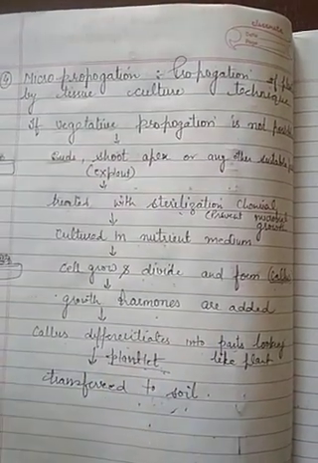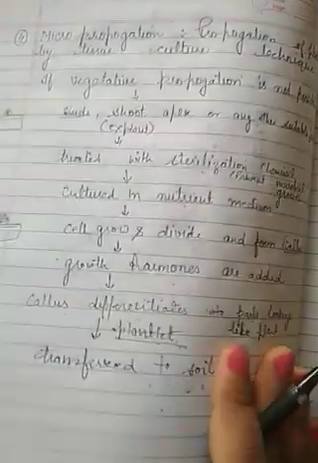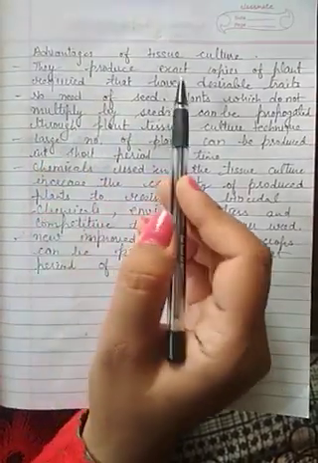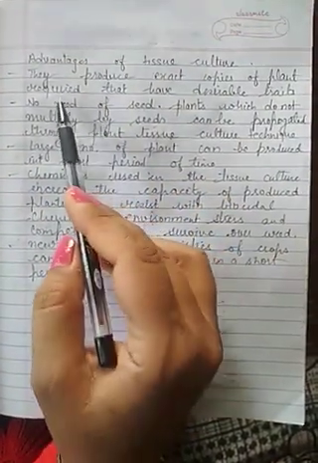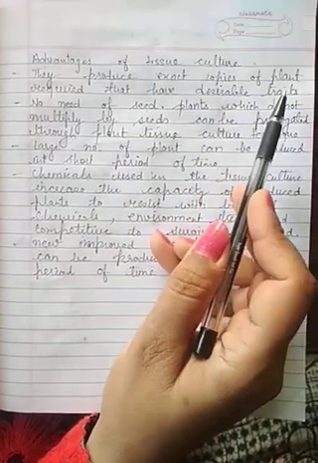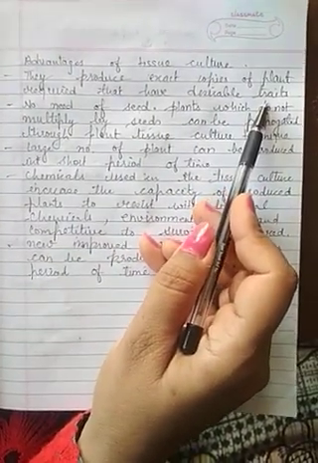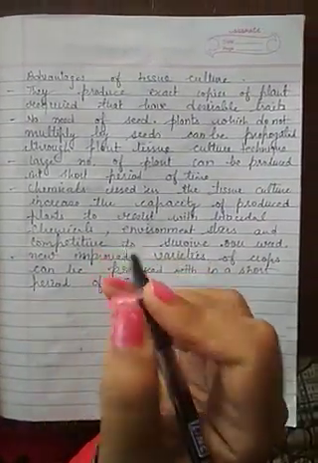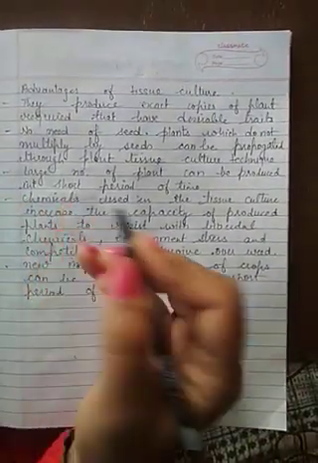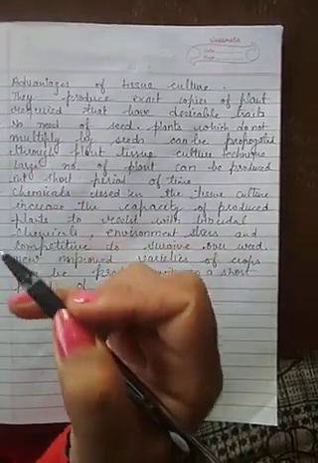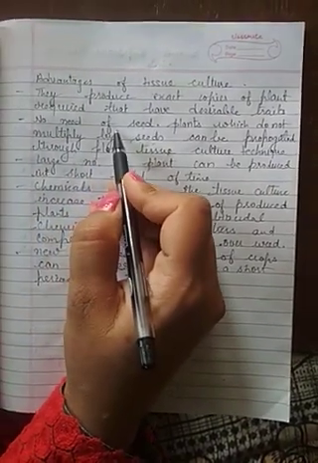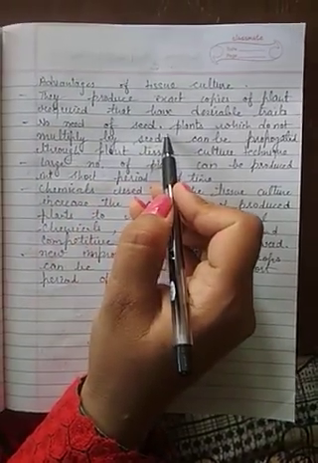So what are the advantages of tissue culture? Because we have used a part of the plant, we get an exact copy of the plant that has the desirable traits. The plant that we get after micropropagation is the exact copy of the plant that we want. We have taken the buds or any other part of that plant, so the same type of plant we will get in return. No need of seed. Without seed also we are able to grow plants.